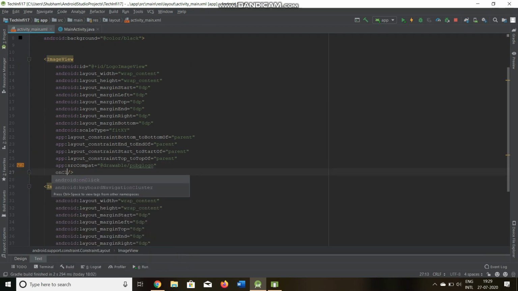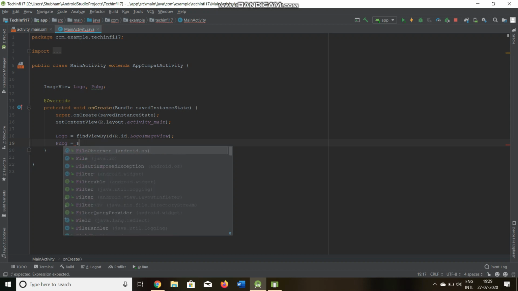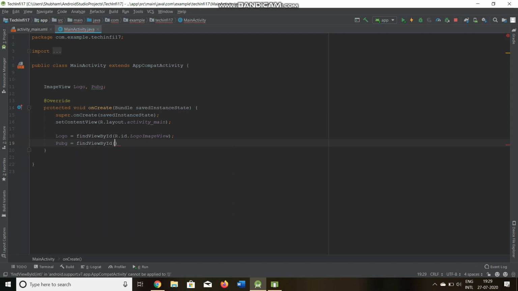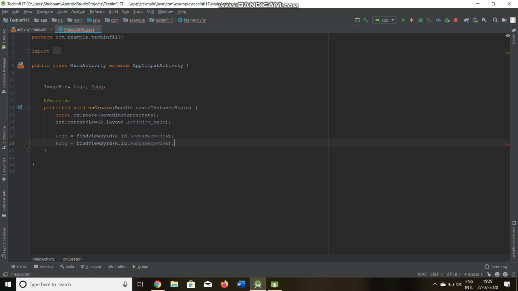For that I will also implement an on click method over here, and let's name it fade. Now we'll define our image view, and I'm done.